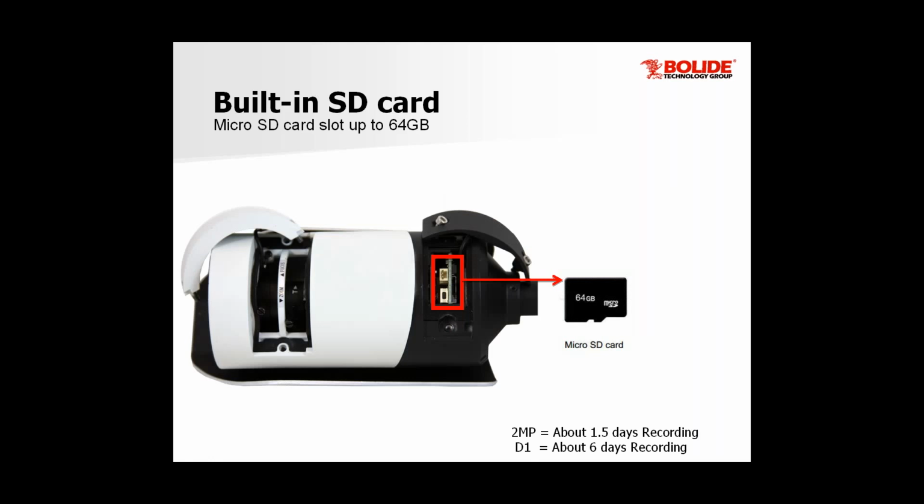As far as capacity, Mike? Yeah, so with a 2 megapixel camera, out of 64 gigs, you're going to get about a day and a half of recording, and that's going to go back to the stream. So you can lower that stream to D1 and be able to get 6 days of recording out of that 64 gigs. So it's real important to know about your stream configuration,